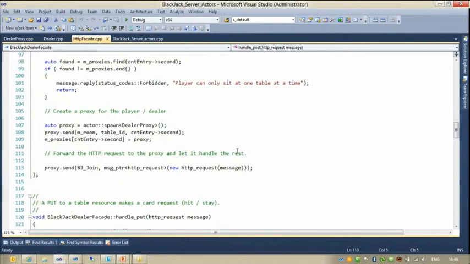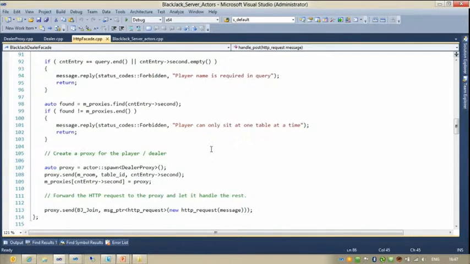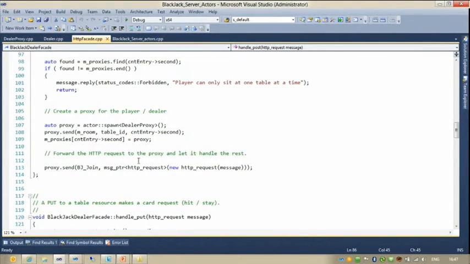There is no response in here for the OK case. We see a lot of forbidden. We see not found, etc. But we do not see an OK in here. It's because we're actually letting somebody else handle the OK. We're passing those on. We're taking the message, writing it down, and then somebody else will reply later.